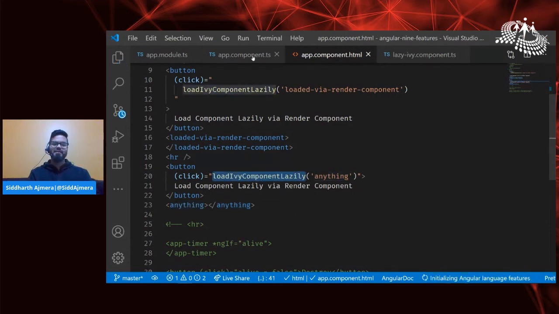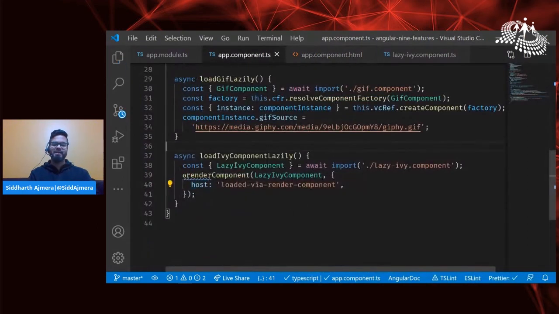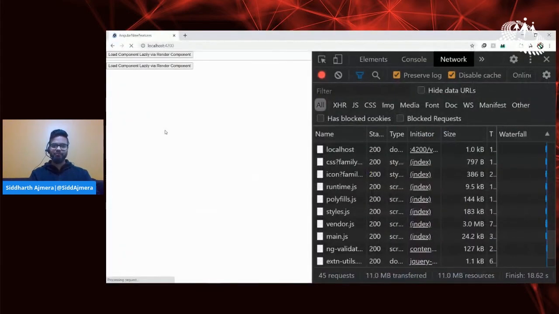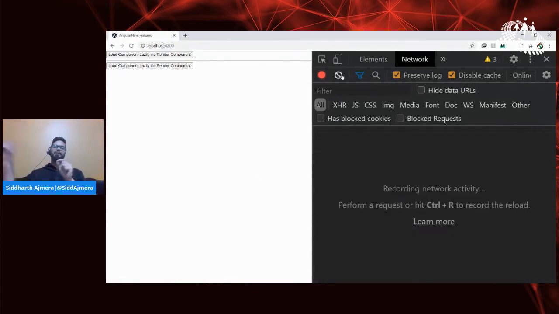So let's say that we can expect that this lazy IV component also expects a host property which is of type string, and then that's exactly something that we are passing it as an argument here as well as here. So now on the UI you will see two buttons. Both these buttons are referring to